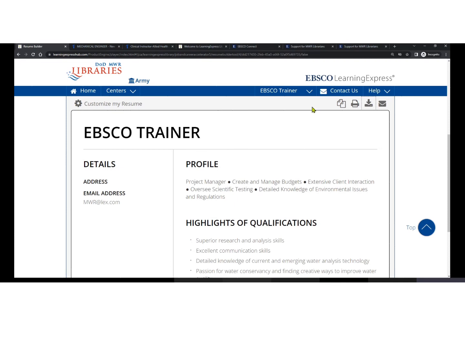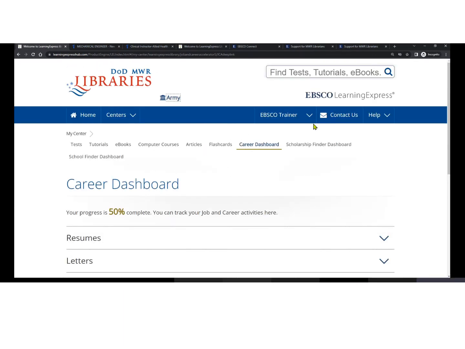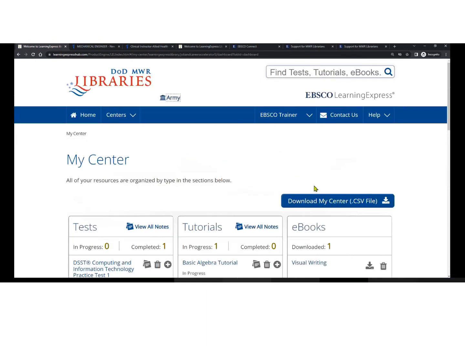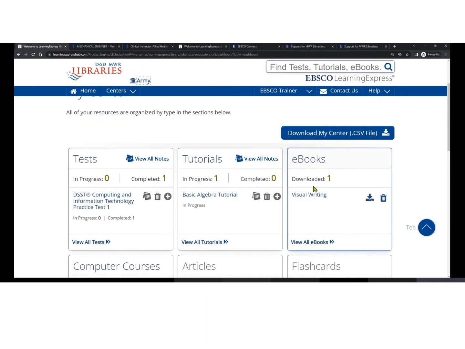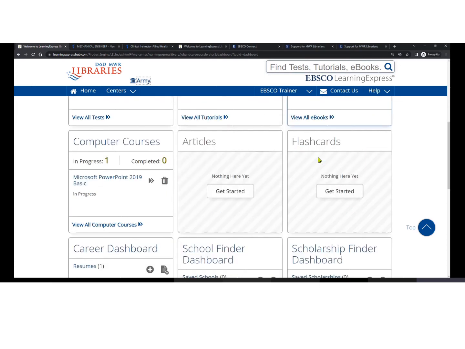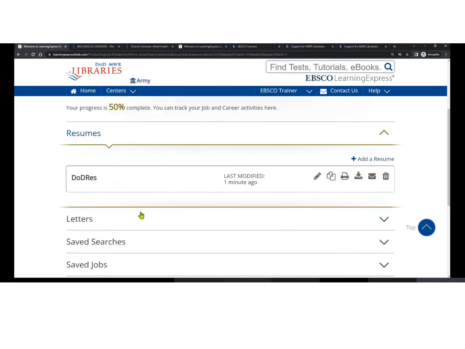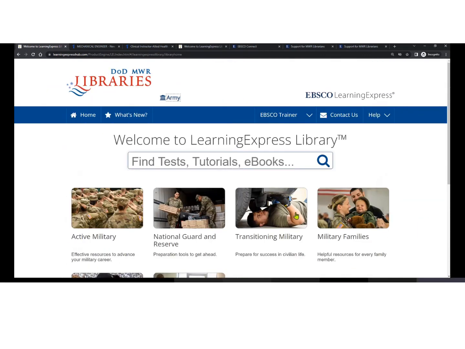If I were to go to the My Center, let me go there by placing my cursor over my name and clicking My Center. Remember, I showed you that when I first logged in. If we go to the My Center, now that My Center is populated with all the resources that I accessed today. So we see that DSST test, that basic algebra tutorial, the visual writing ebook, that PowerPoint tutorial, and then under the career dashboard, we see that resume that I just created. It does give me a timestamp, and I have all of my tools to edit, copy, print, and download or email. Okay, so that's the Job and Career Accelerator,